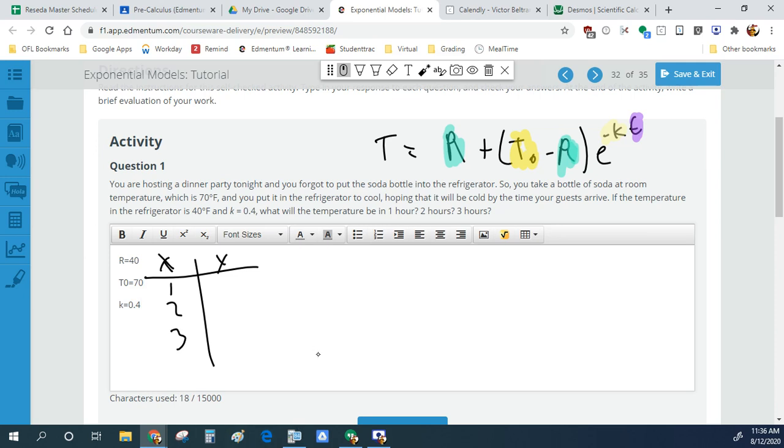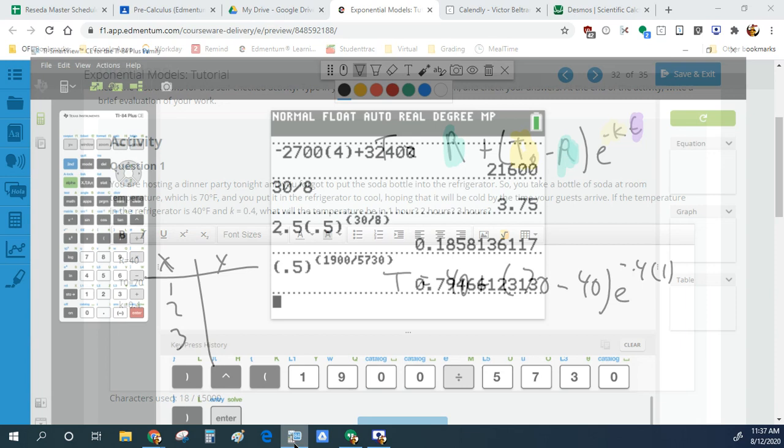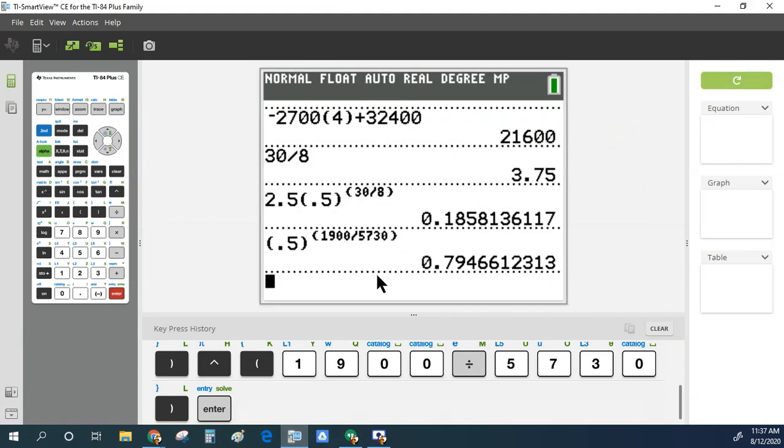So the way I would create the formula would be T equals 40 plus our initial temperature 70 minus our initial temperature times E to the negative 0.4, and we're going to do 1 hour first. So I'm going to show you why it's cool to have a scientific calculator, because what we're going to do here is